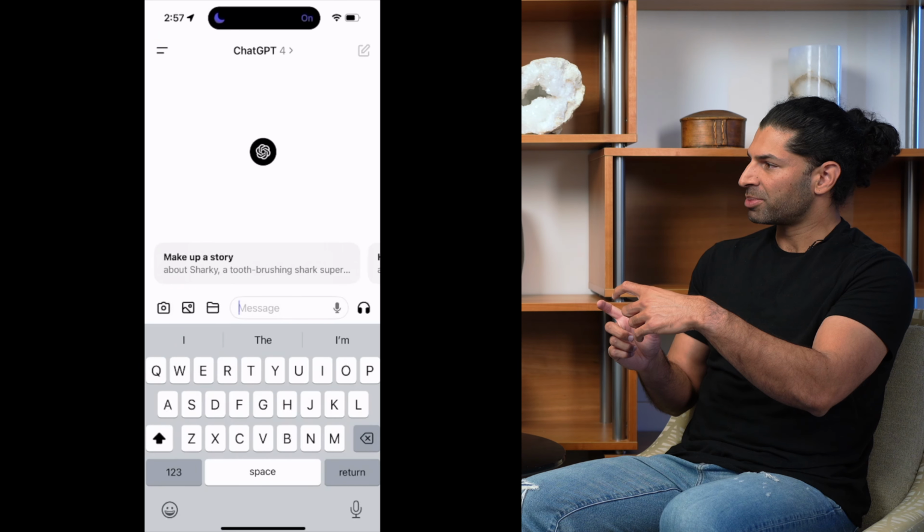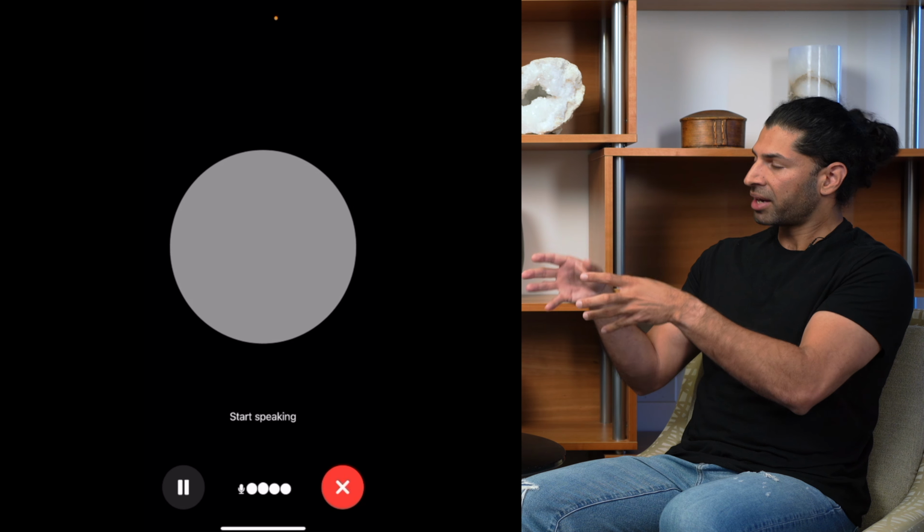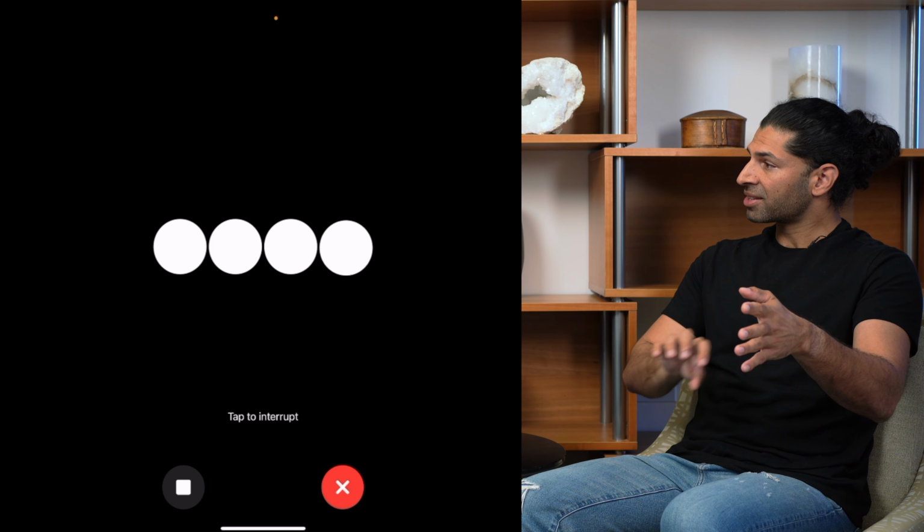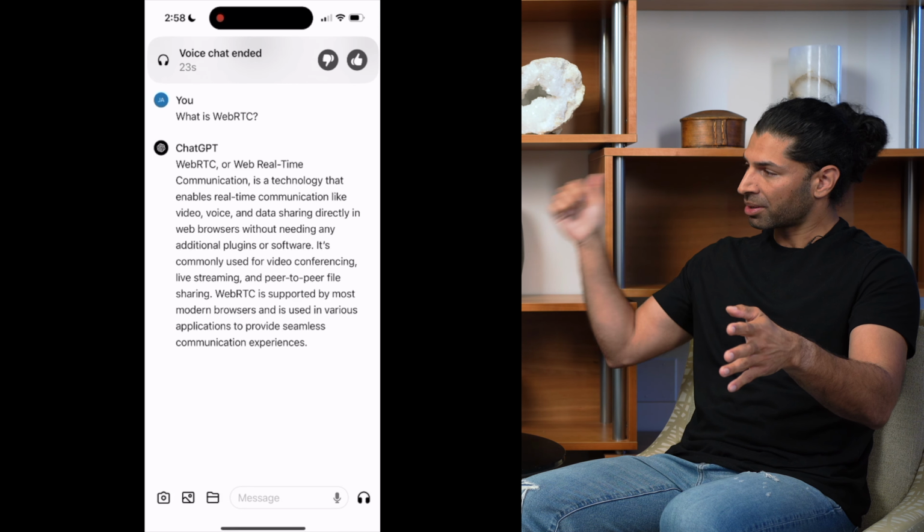So in this ChatGPT voice mode, walk me through how the bits and bytes are actually moving throughout the network and where Livekit is playing a role? So the experience really starts when you open up the ChatGPT app and you tap the headphones icon. You start to speak to it, and that information, your voice, is going over Livekit's network and being delivered to an AI model on the other side. That AI model, also connected to Livekit's network and connected to you, is converting your speech into text. That text goes through inference, that text comes out, that speech gets synthesized from that text and then streamed back out over Livekit's network and played out your speakers.